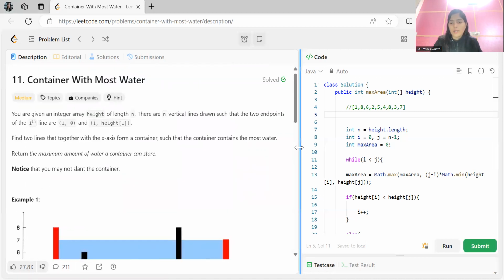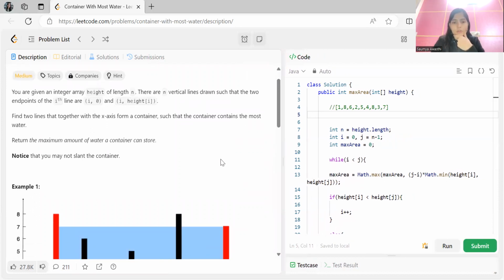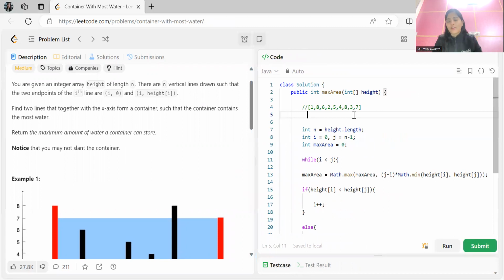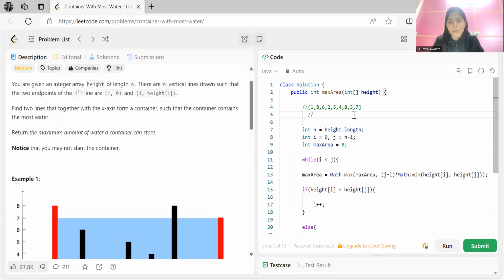So now let's think about what could be done, or the most basic approach that will come to your mind. I have explained the problem, so you could have understood that our main target is to return the maximum amount of water a container can store, right? The formula we already know to determine the maximum amount of water depends on the height and the width. Height is going to be what? Two lines under consideration. Out of these two lines, whichever is the minimum one, the water level is up to that minimum one only. That, and the distance between the two lines.